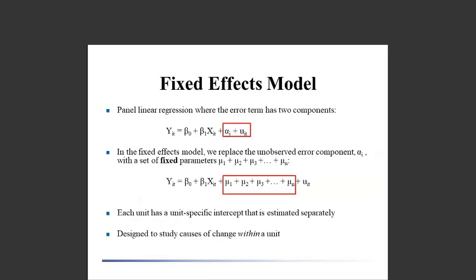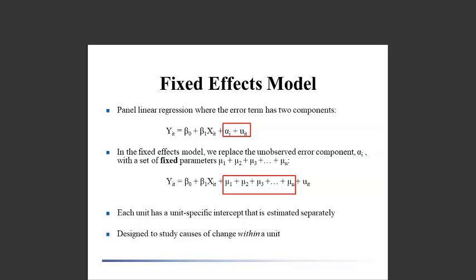The first approach we're going to talk about is the fixed effects model. With the fixed effects model, we replace the unobserved error component, alpha i, with a set of fixed parameters. Here we'll call them mu1, mu2, mu3, all the way to mu n, one for each of the n units in our sample. So mu1 represents the net effect of unobservable factors on y that are constant over time for